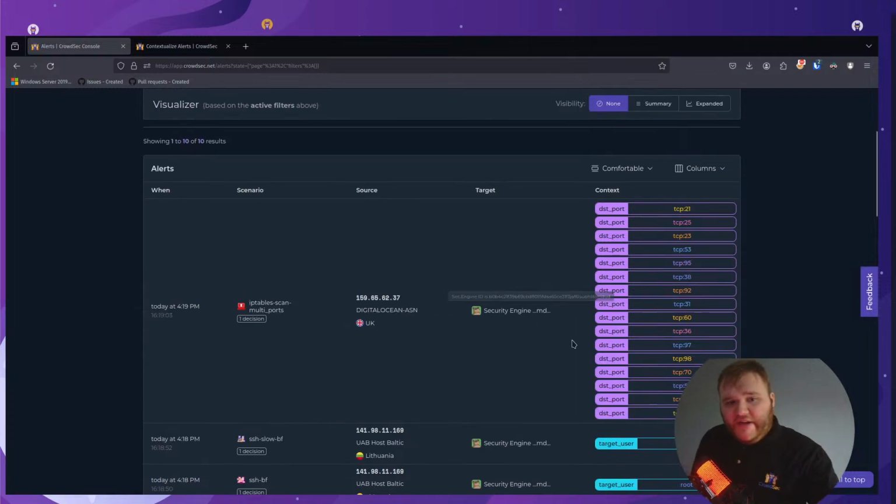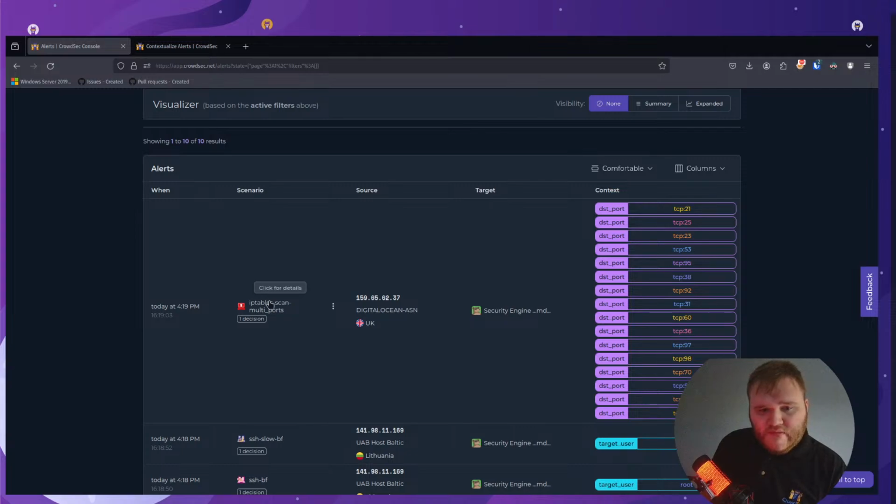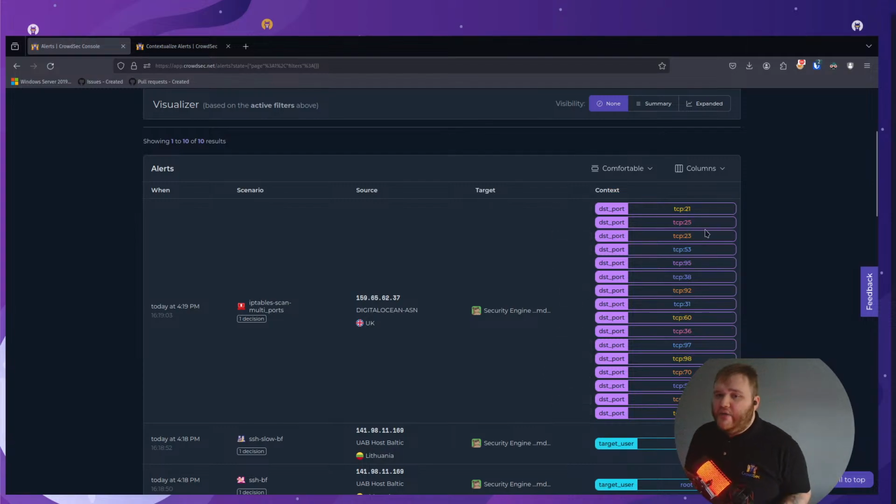So you can see here that iptables scan multiports happened, and these are the ports that got triggered in it. You can see that I only scanned the lower 100 range, so these are the ports that got shown up as me doing them. You can also see that I was doing a TCP port scan because it says TCP: and then the destination port. However, you may want to add